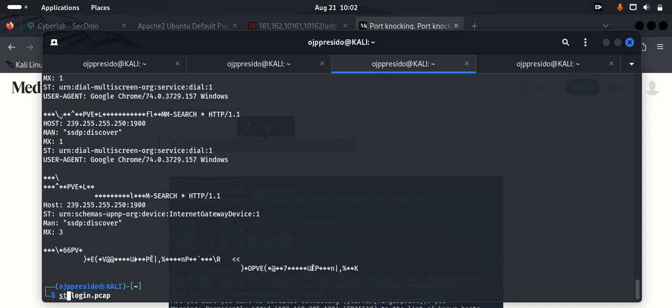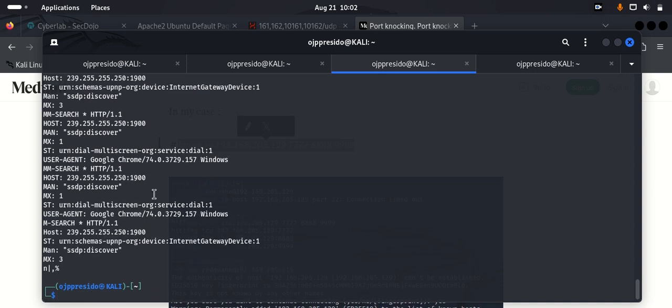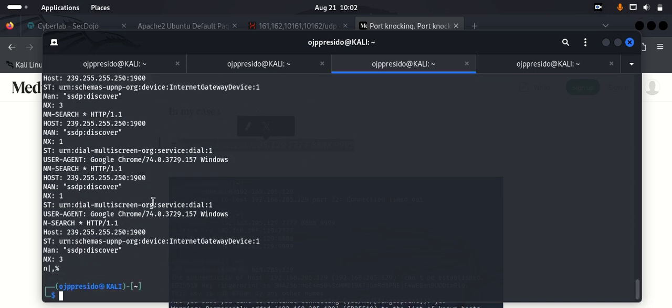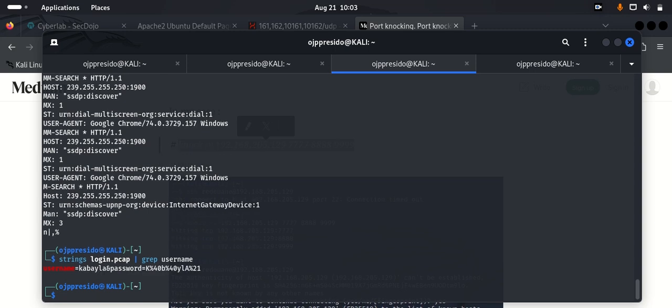Okay, fine, we can get information in a string format, but we can still make things better. So let's look for username. If something username is there, fine, very good. So we find the username